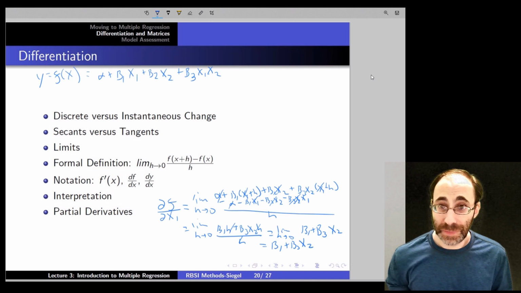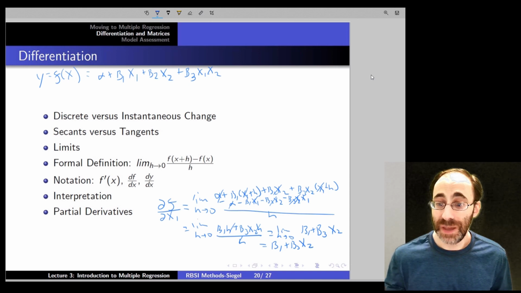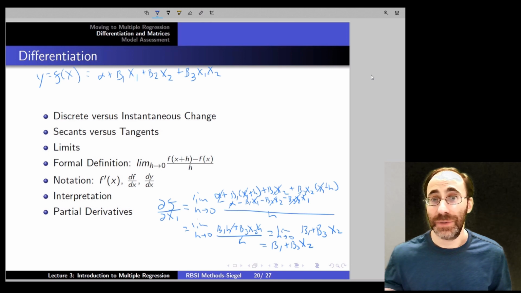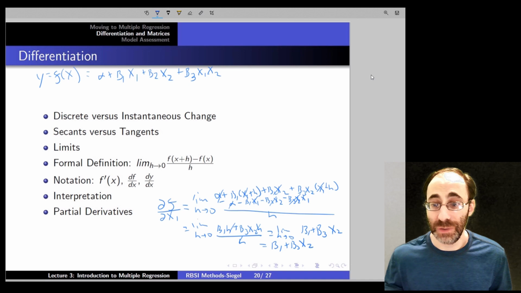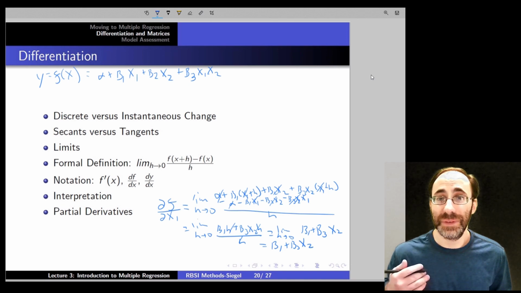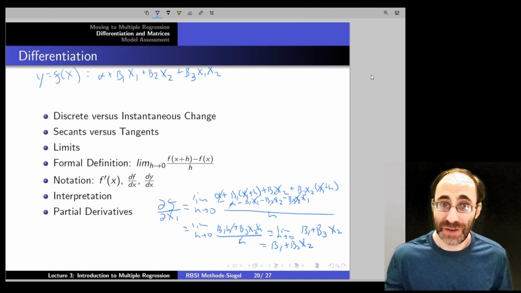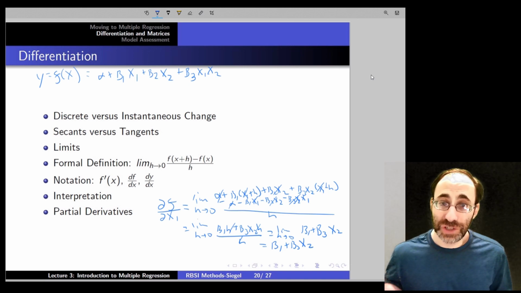If beta 3 is positive, as I increase x2, y responds more strongly to x1 than it did before. If beta 3 is negative, as I increase x2, y responds less strongly to x1 than it did before when x2 was less. So x2 can affect the slope of the line that represents the rate at which f changes with respect to x1. We'll talk more about this in lecture 4, but I wanted to show you this now